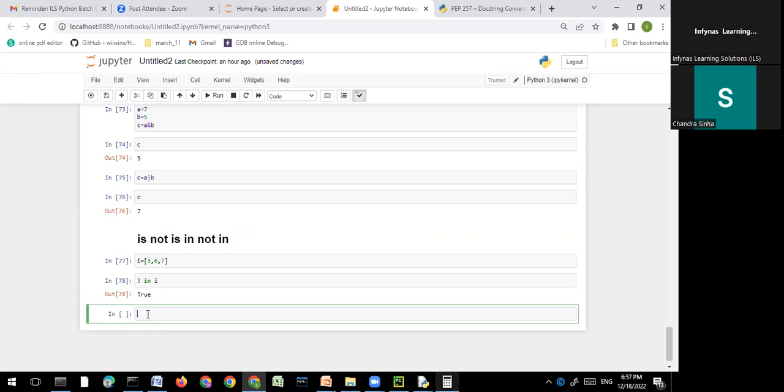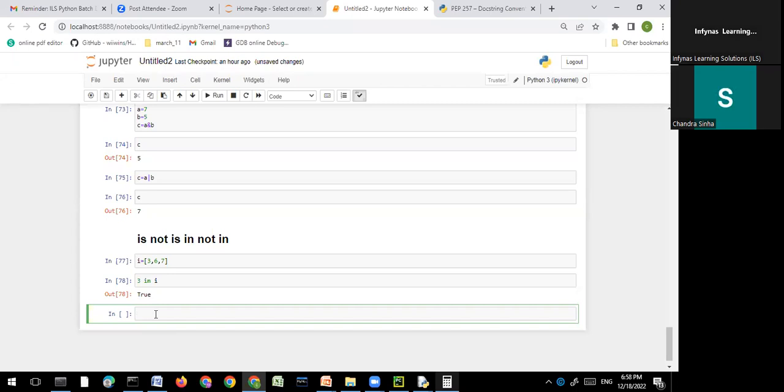So here are in and not in. Then there is is, which is about comparison. Say A is equal to 7. We will be learning about is later on when we use object-oriented programming. Then it will be of much use and logically useful there. So I'm not going to use this right now. Okay, so these are the different operators that we have learned about. Any questions? No? So before ending,